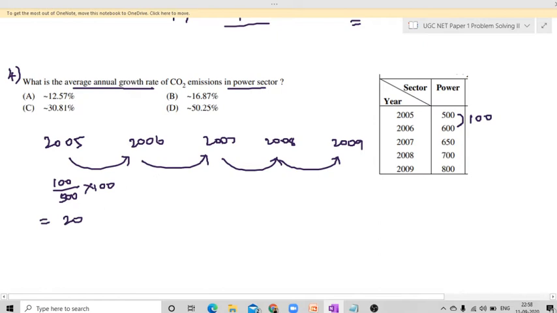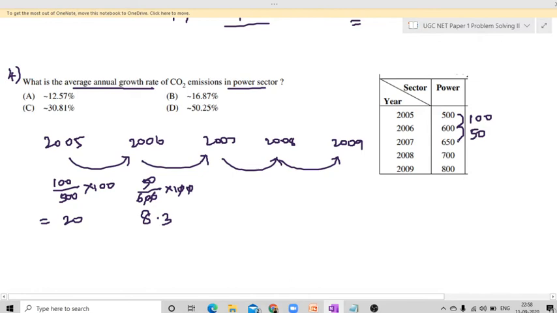So next, 2006 to 2007, it is actually 600 to 650. So here we are getting an increase of 50. That means the percentage increase will be 50 by 600 into 100. So the 00 and 00 cancel, 50 by 6. So 50 by 6 would be some 8 point something, because I know 6 8s are 48, so it's very close to 50. So it's around 8.3.